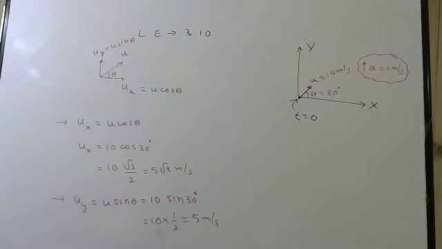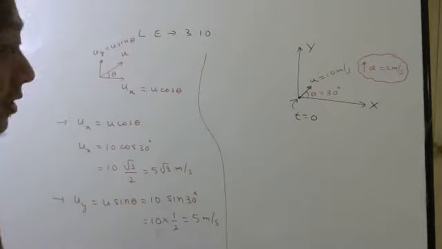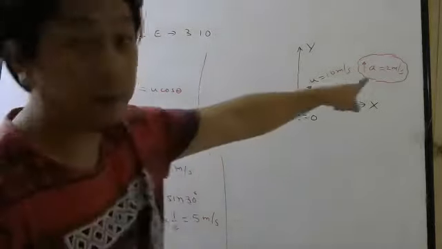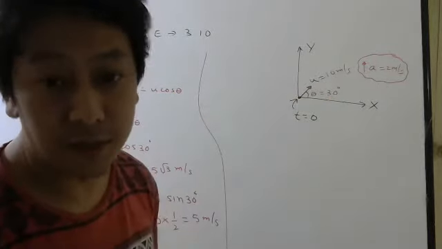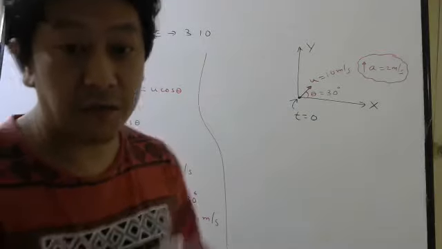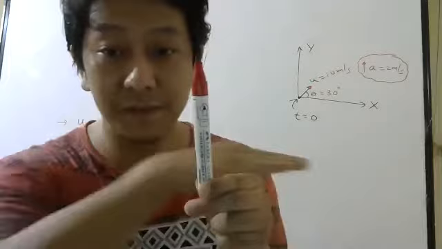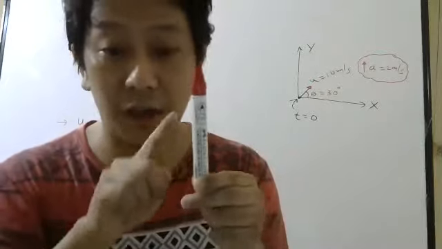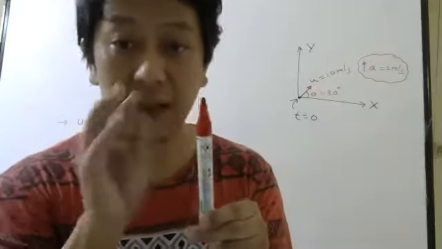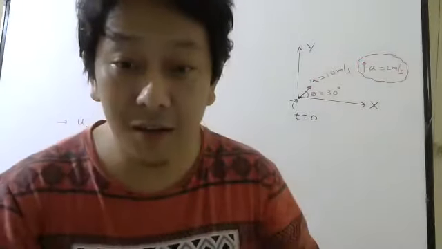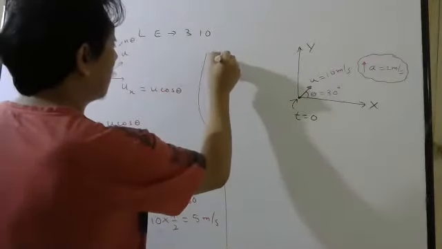Okay, students. Now, what about acceleration? This is about initial velocity. Now acceleration. Now look at the problem. Acceleration is given along which axis? In the question, y-axis. So if a vector is along y-axis, what will be x component? 0. So acceleration has no x component. The complete acceleration will be your y component.